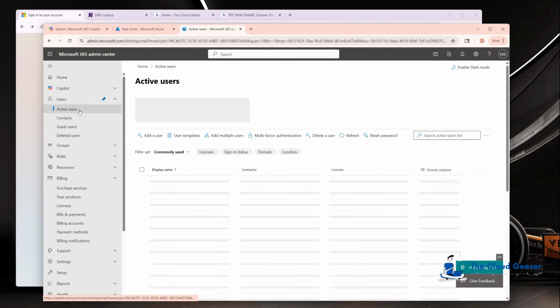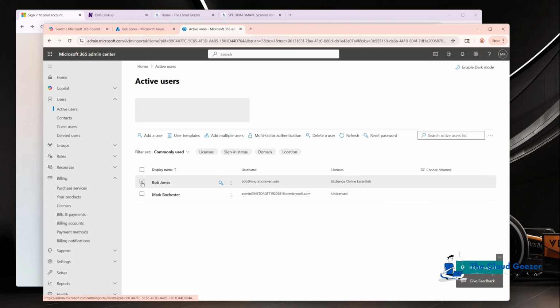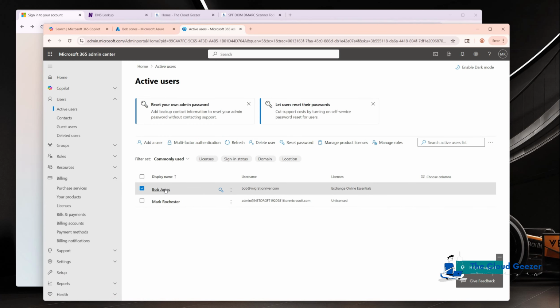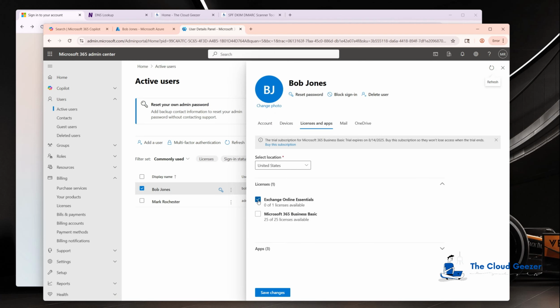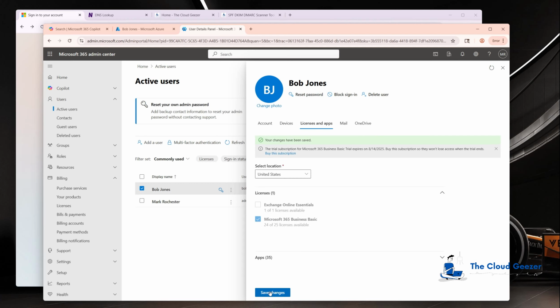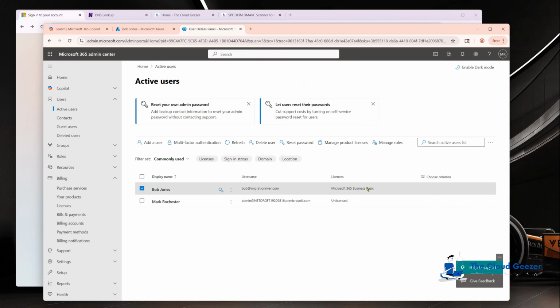Let's go and have a look at our users now, and let's go to Bob, and we can actually just go in here and manage product licenses. We will be taking away this guy and giving him this one instead. Save changes, there we go. So you can see here that he now has the business basic license, so he doesn't have the GoDaddy one